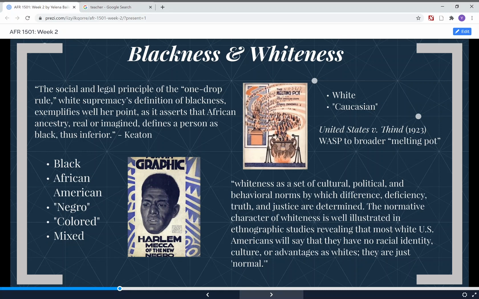So Blackness and whiteness, I wanted to put these together because a lot of how we're going to discuss housing segregation and geographic segregation and its relationship to race, even though we're focusing on Black communities, Black histories, Black experiences, it's often going to be in conjunction with whiteness because historically in the U.S., these two have been defined against one another. And even when you look at race in the U.S. as a hierarchy, this is not a surprise to you. Typically that hierarchy has whiteness at the top, Blackness at the bottom,